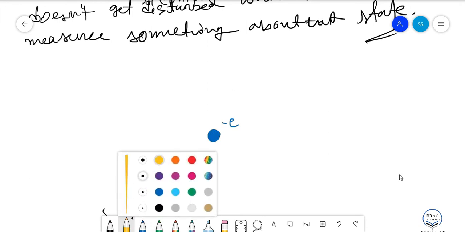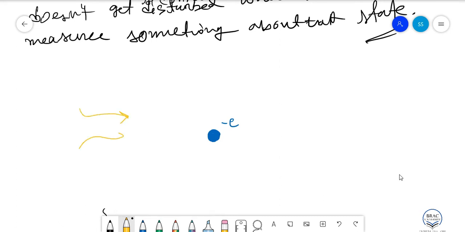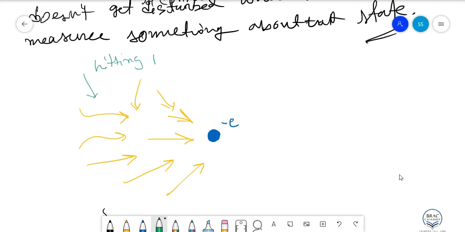Because you want to measure the position of the electron. So applying this light, or hitting the electron with light or gamma, is equivalent to